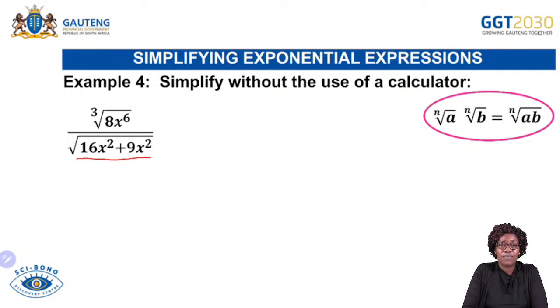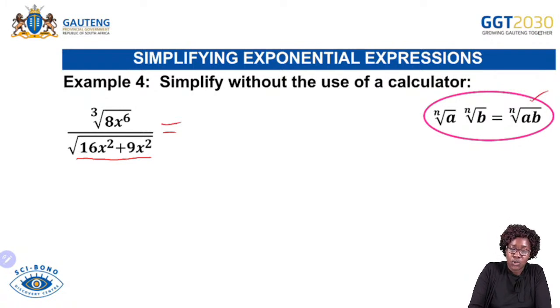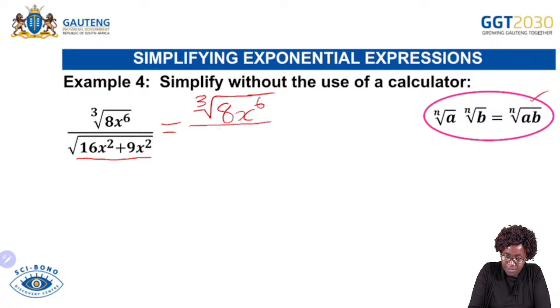We need to first make sure that we simplify as far as possible what is under the radical sign, because it makes our calculation easier. So to simplify this question, I will use the rule that you see on the right, but at the same time, I first need to make sure that I simplify the denominator. So in my first step, I'm still going to write the cube root of 8x raised to the power of 6, and then this is divided by